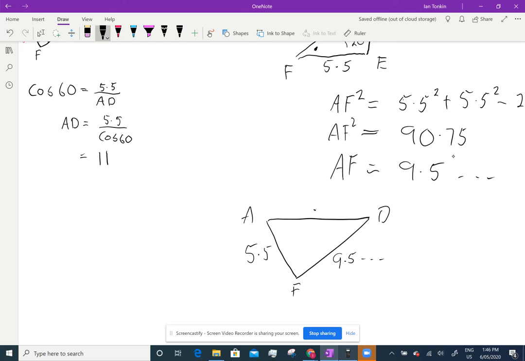If I'm going to use the sine rule or the cos rule, I'm going to have to find this angle, which I know is 90 degrees. And once I've got Pythagoras,